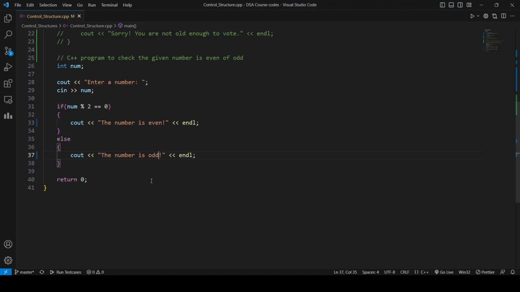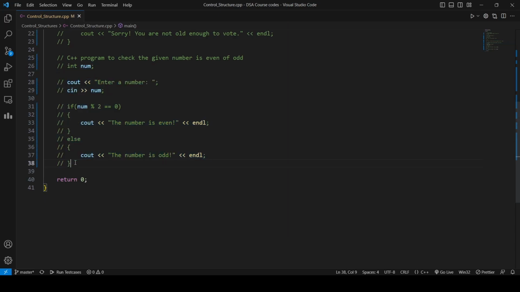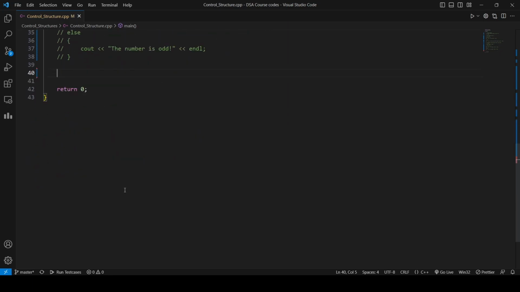So let's write some code to demonstrate how the loop works. First of all, let me comment out this part, and here we start our loop section. So let me write loops, and our first loop will be the for loop,